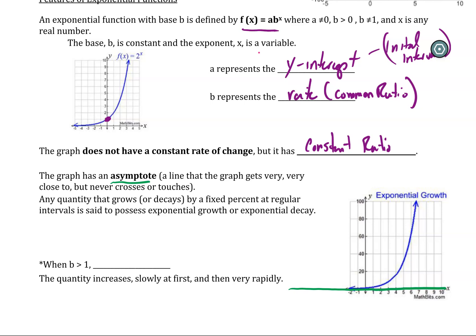I can't raise a number to an exponent and get 0 out. It's always going to be a positive answer. I can never get a negative either. So it's always approaching this, but it never actually reaches it. All right. From here, the important thing to pay attention to with exponential functions is that they